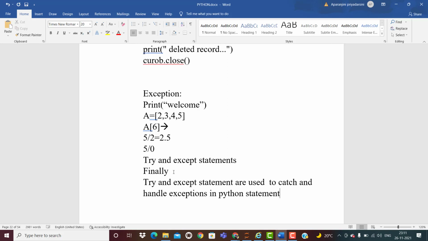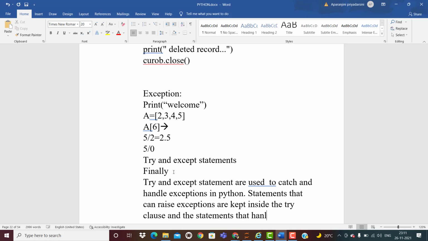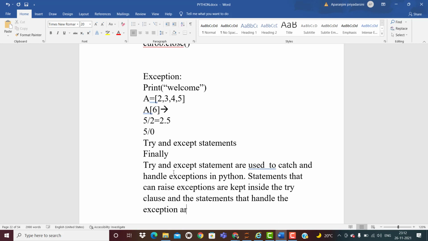The statements that can raise exceptions are kept inside the try clause, and the statements that handle the exception are written inside the except clause.